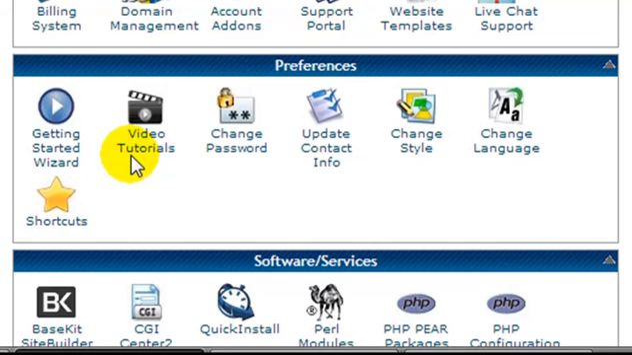Here we have a whole bunch of video tutorials, but I don't really want to get into what's inside the control panel because I will be creating some other videos on the features inside your control panel. For example, I'm going to be showing you how to set up your own email, email@mydomain.com,